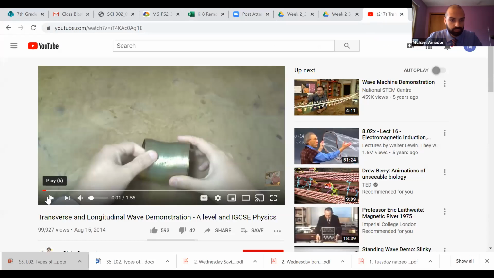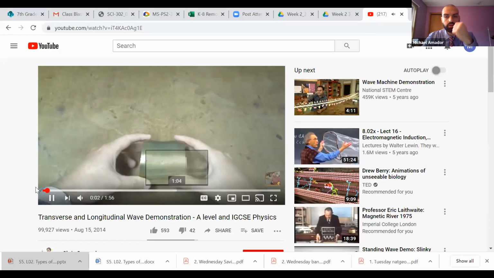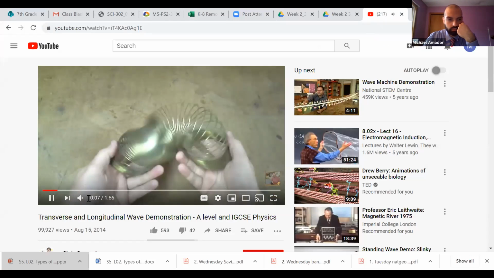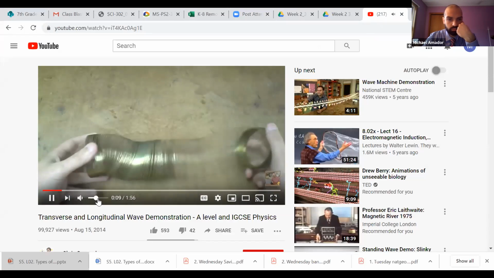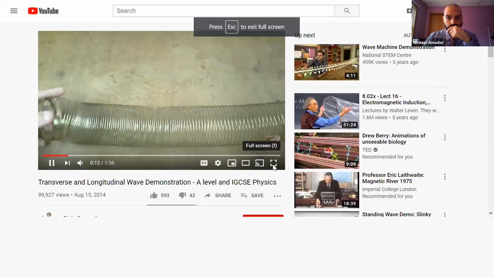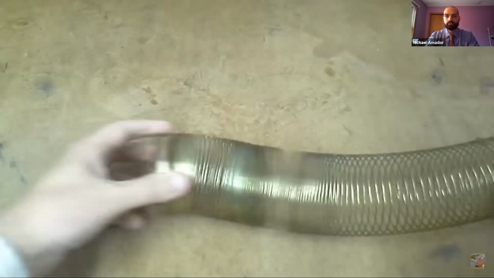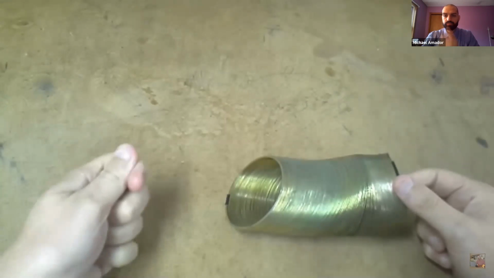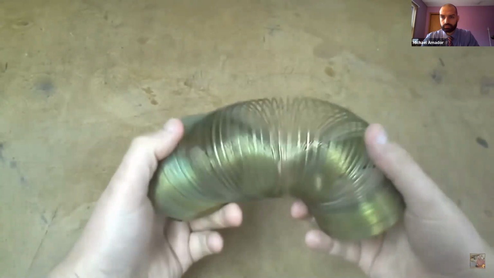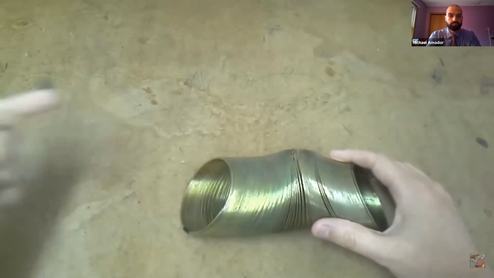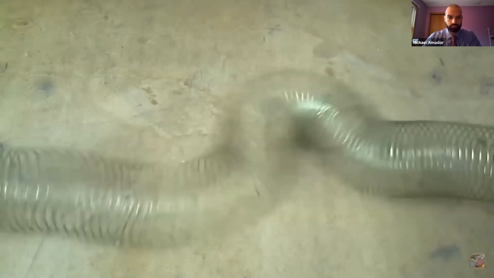Okay. Give me a thumbs up if you see the video. I just want to show you a demonstration of transverse and longitudinal waves using a slinky. Now, transverse waves, the direction of energy is going to be going forwards, and that's the same with longitudinal waves as well. The energy is going to go this way. But with a transverse wave, the medium, so in our case the slinky, which is what the wave is going to travel through, is going to be moving perpendicular to the direction of energy transfer. So let me give this a go.